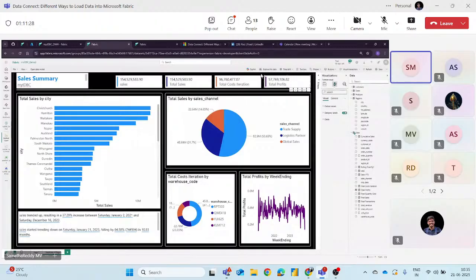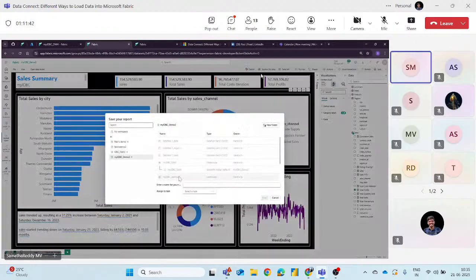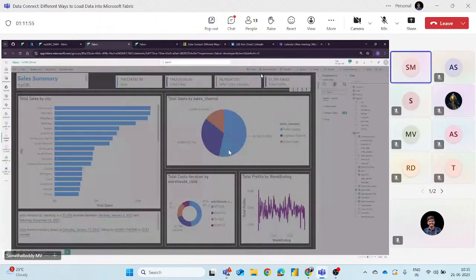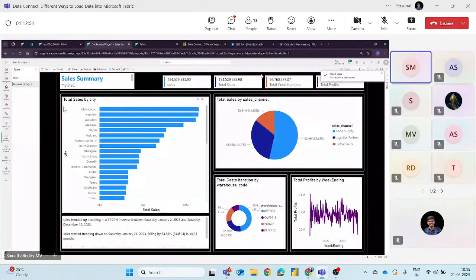Look, this is nice, how previously when we created a dashboard it was auto created. I just want to save this file into my sales summary. I am publishing this report into the service. See how fast it is. Now you find this is the information, a quick insight gathered from raw data.